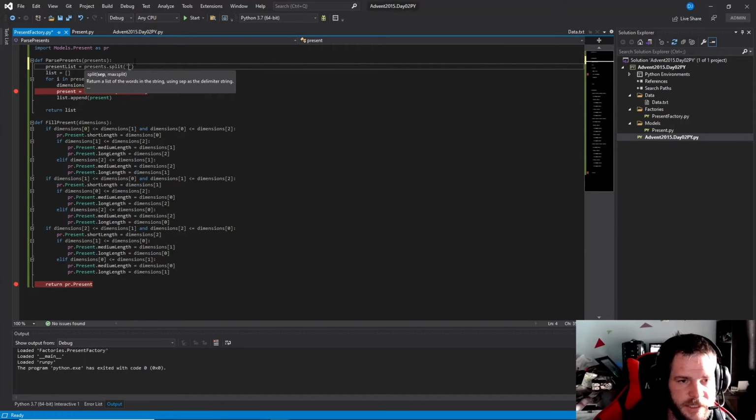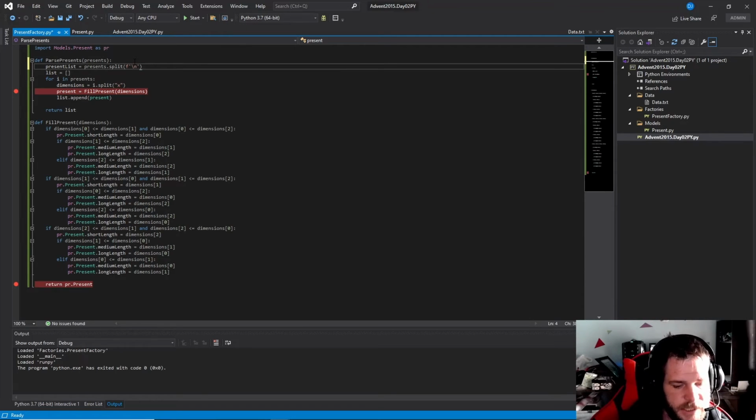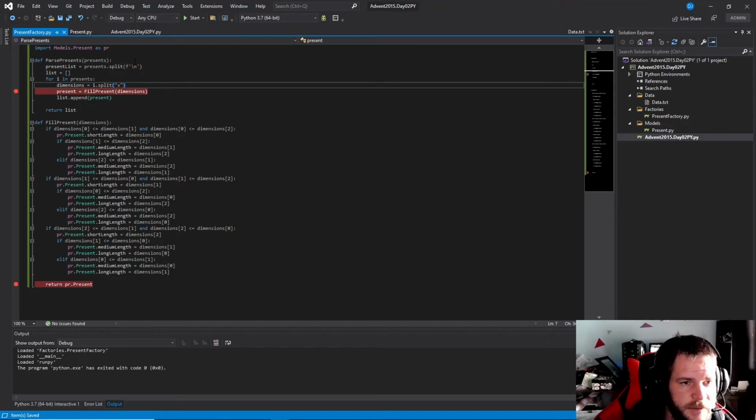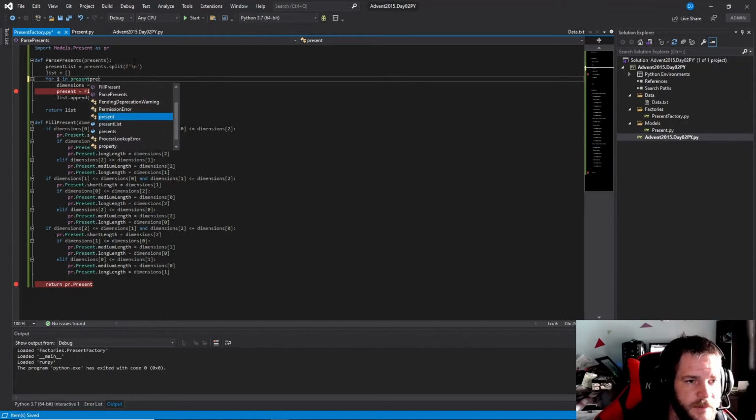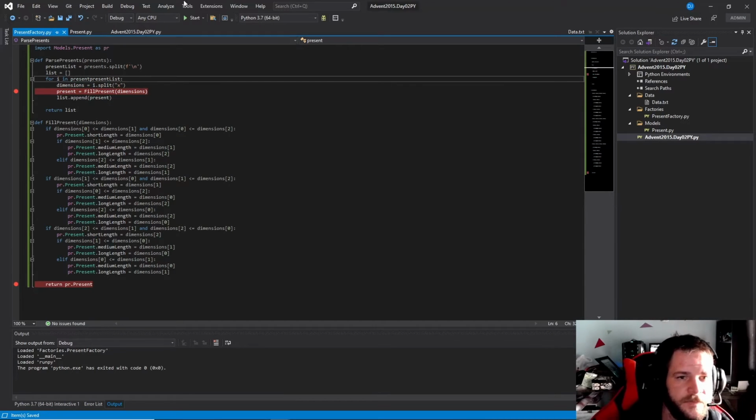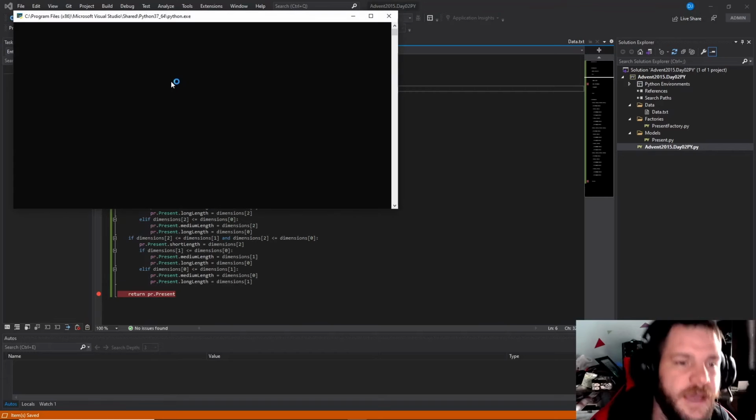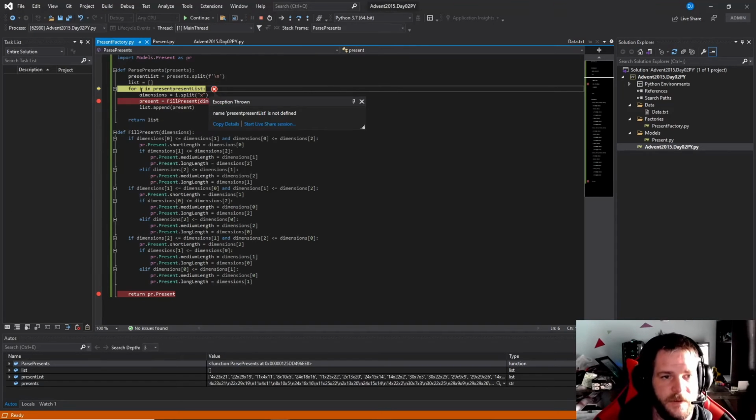And I think we need to split it on new line, which is \n. And then instead of present, it should be list, present list. That should split it up better. So for i in present list, i is, oh,